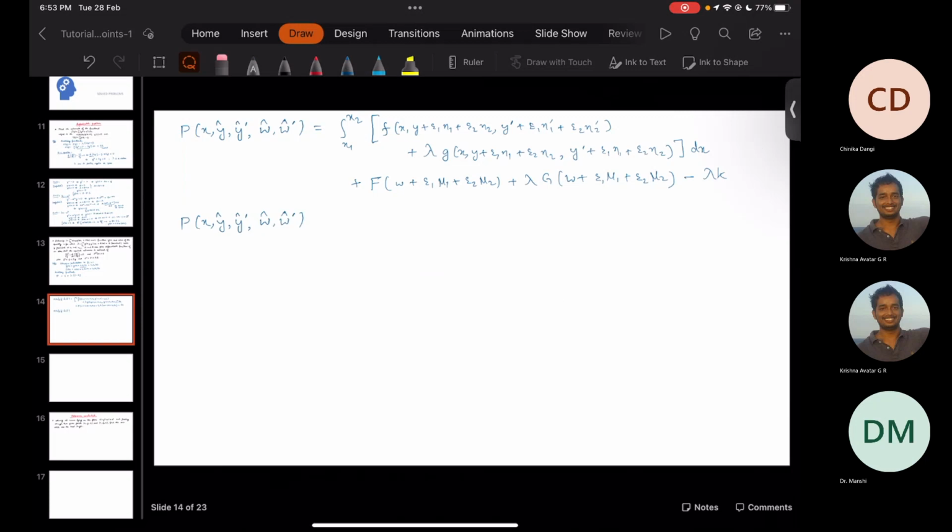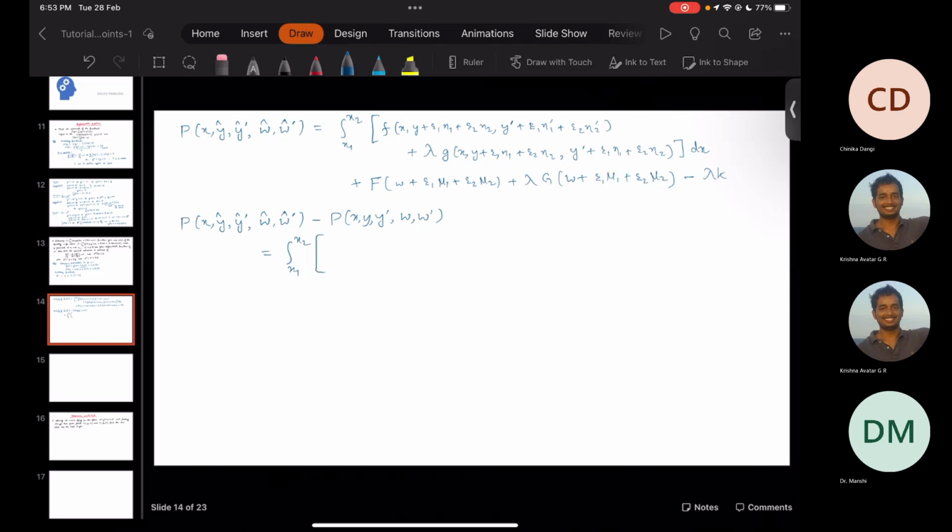So this minus p of x, y prime, w prime gives us the integral from x1 to x2,